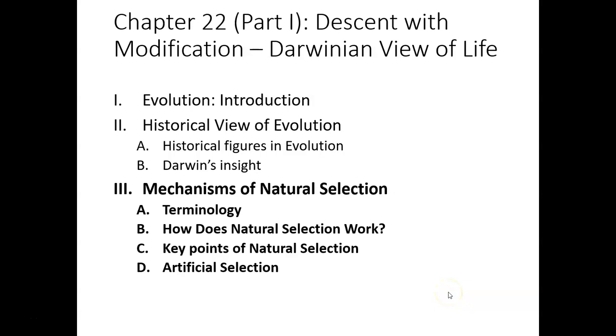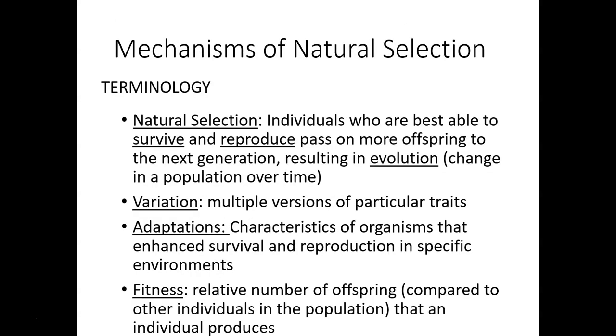In this video, we will talk about the mechanisms of natural selection and how natural selection works. Before we get into the details, let's give some definitions. Natural selection is individuals who are best able to survive and reproduce will pass on more offspring to the next generation, resulting in evolution. In the last video, we defined evolution as descent with modification. For the purposes of understanding natural selection, we're going to now define evolution as a change in